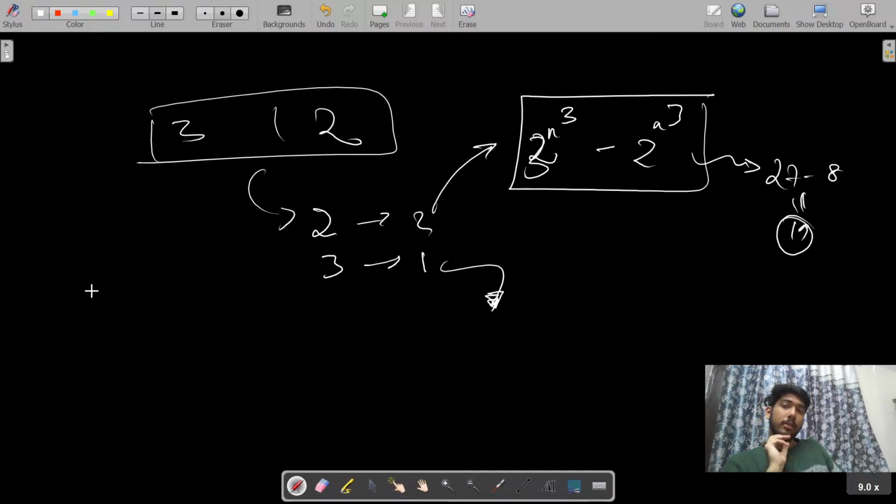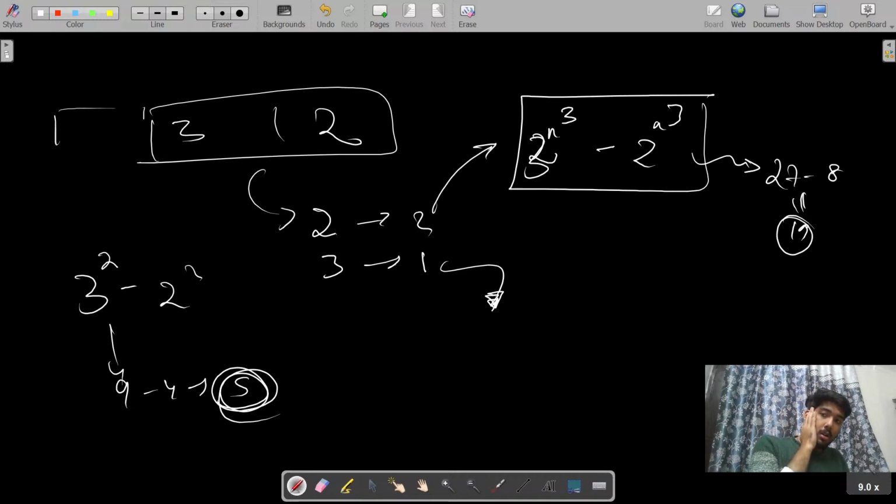I can do it for 2 I guess. So what will be 3 to the power 2 minus 2 to the power 2, that will be 9 minus 4 equals 5. So there are 5 ways to do that. So 1 2